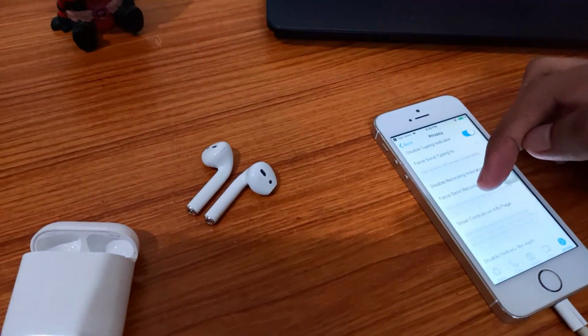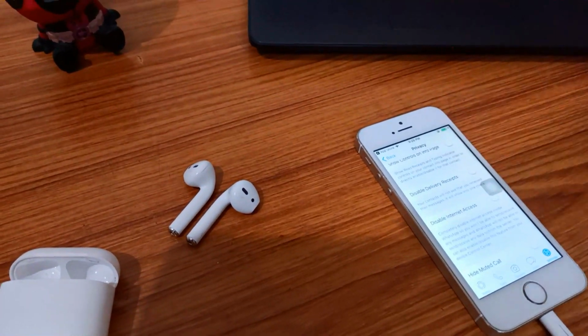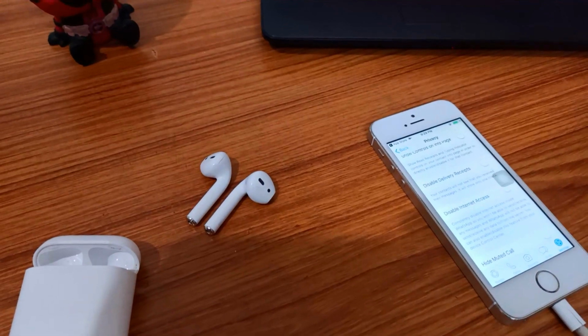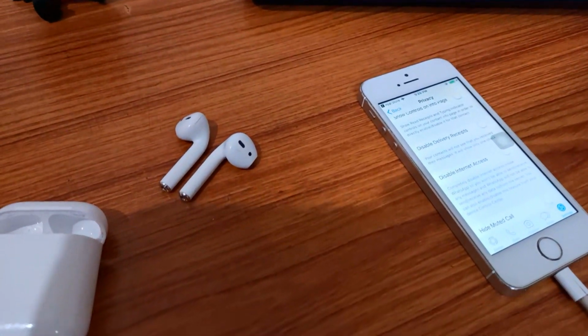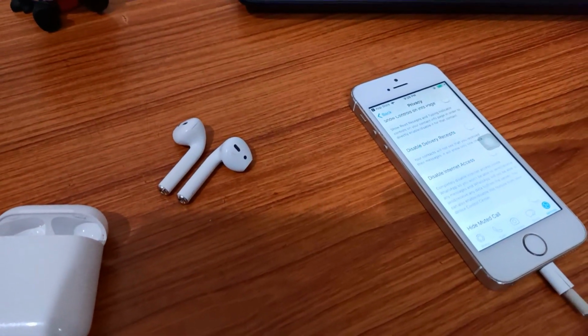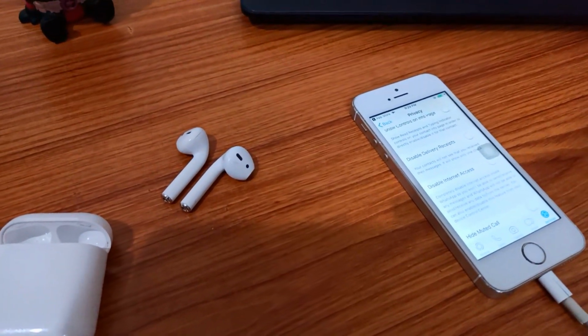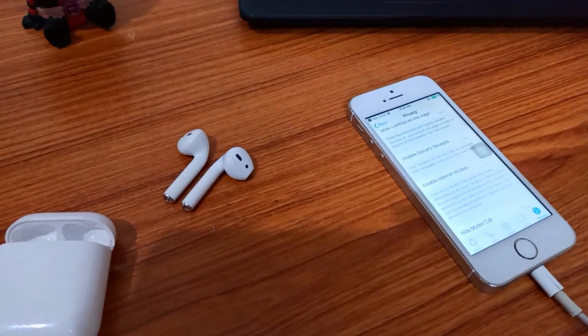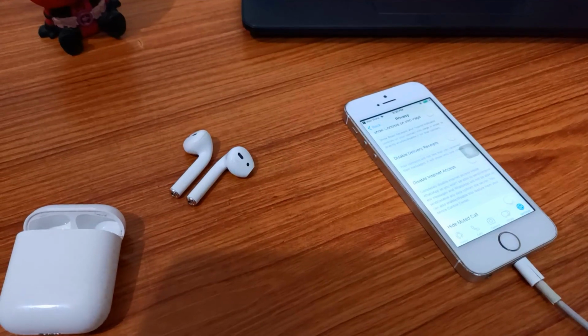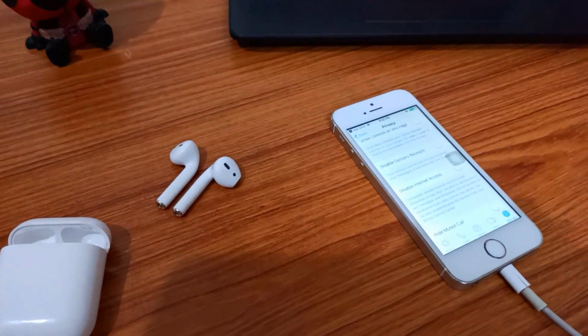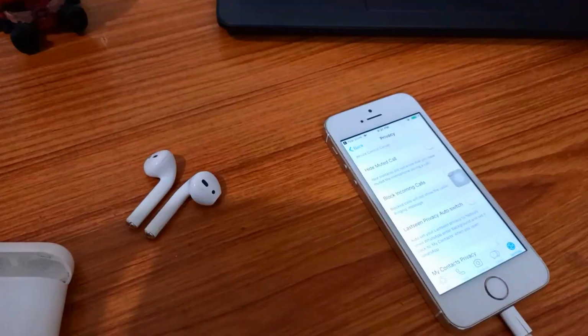Now scrolling down you will be able to see the disable internet access option, which will completely disable the internet access inside the WhatsApp application. So this becomes very useful when you guys actually want to use the internet on your device but don't want the WhatsApp application to access the internet, because as of now WhatsApp doesn't really have a feature to temporarily disable your account on WhatsApp, so this feature becomes very useful.